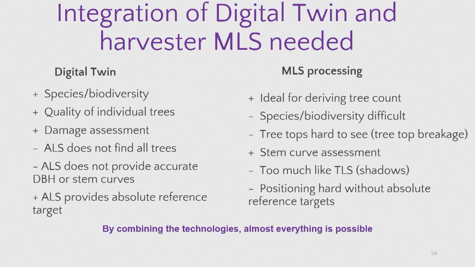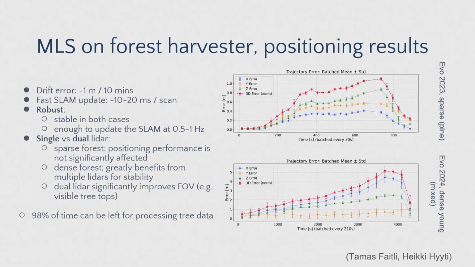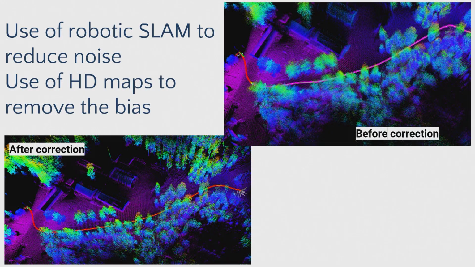And combining them, of course, I don't know whether this is commercially feasible today, but it is a technique to preserve the biodiversity. As I mentioned, there is always a drift in this mobile LiDAR on the harvester, and you need to calibrate it out. 3D-to-3D matching is one technique, but basically you need to do it like in an autonomous car. In an autonomous car you have an HD map, and then you get an accuracy of between 5 and 10 centimeters. It's the same thing.